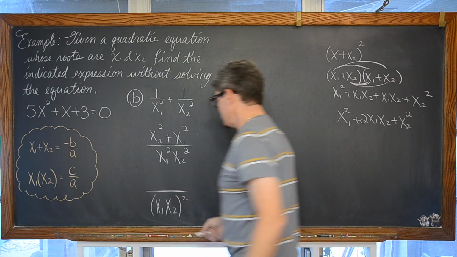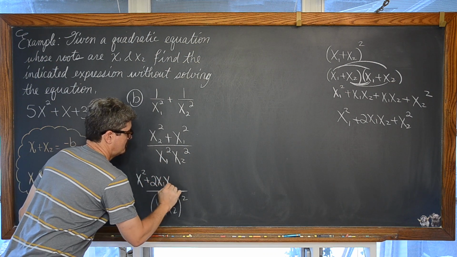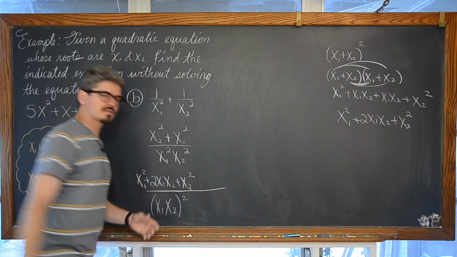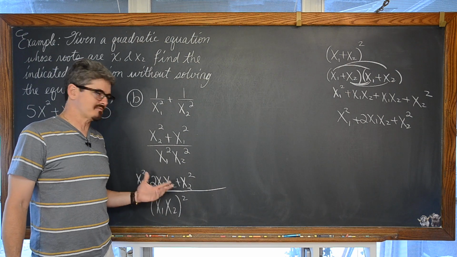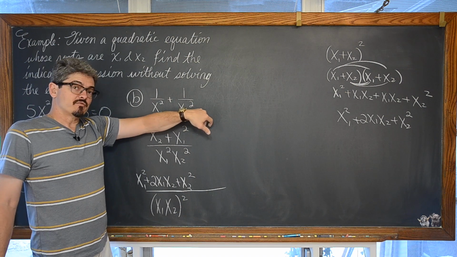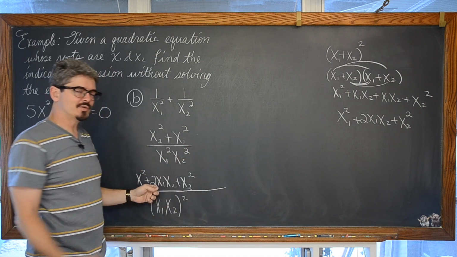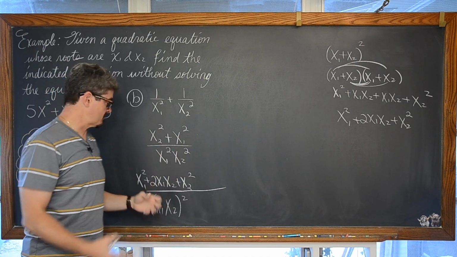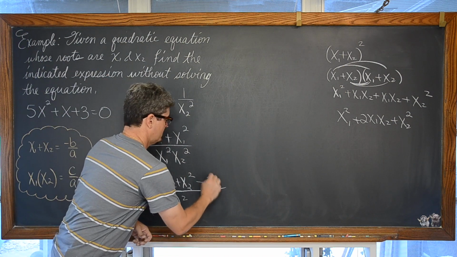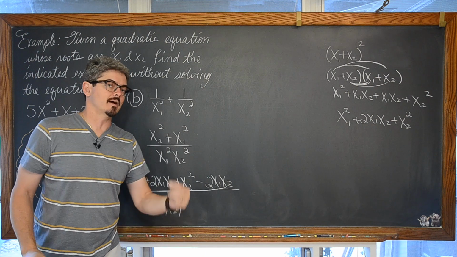Well, okay, I just need to add in another term. But of course, I can't just add some number in. I'm going to change its value. Like, I couldn't just find common denominators by multiplying the denominator by a factor. I had to multiply the numerator as well, so I'd create that identity. I don't want to add in 2 something. I want to basically add 0. So if I'm adding 2 x sub 1, x sub 2, I need to subtract 2 x sub 1, x sub 2. So I change the way the numerator looks, but not its actual value.